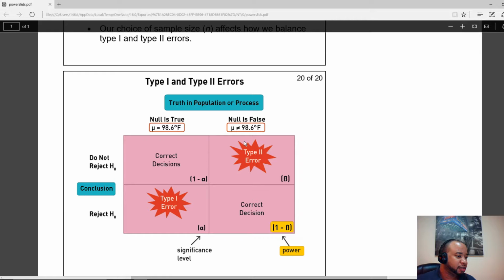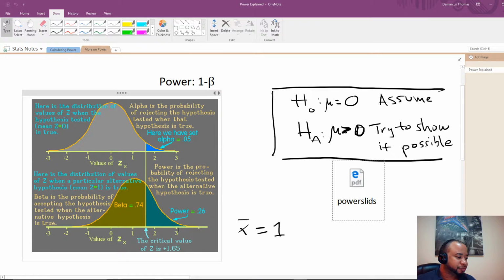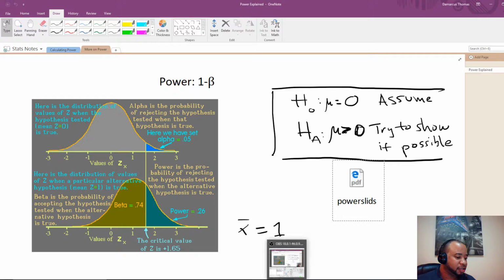And then the opposite. What if the null really is false? Now, if the null is really false, we should reject the null in our hypothesis test, which would be a correct decision. But sometimes the null could be false, and we do the testing, and it turns out that we fail to reject the null. And so this is considered a type 2 error. And to actually calculate that,